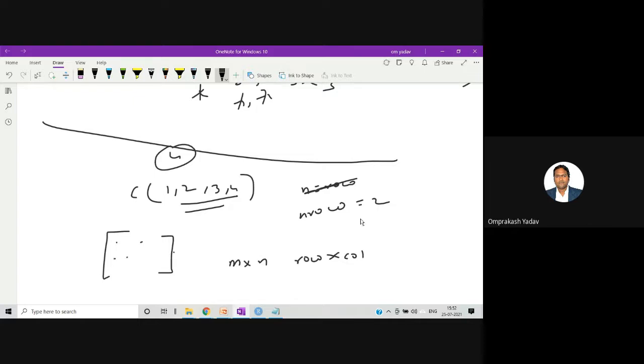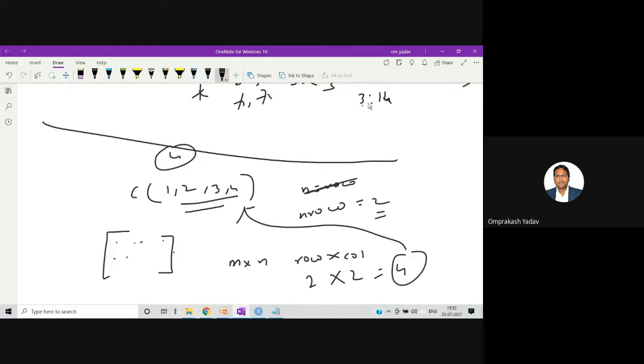So for example, over here, if I say nrow as 2, then you can easily tell me how many columns should be there, because there are 4 elements. So 2 multiplied by 2, so 2 rows and 2 columns, which makes 4. So the total number of elements will be 4.